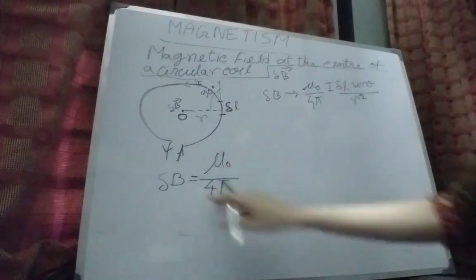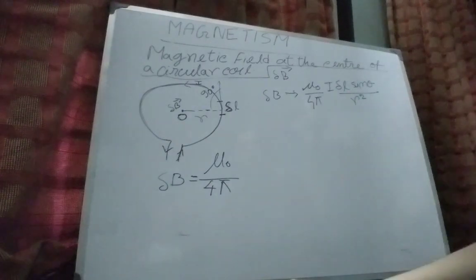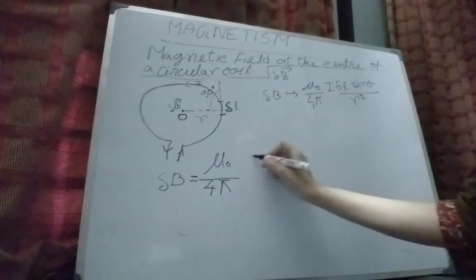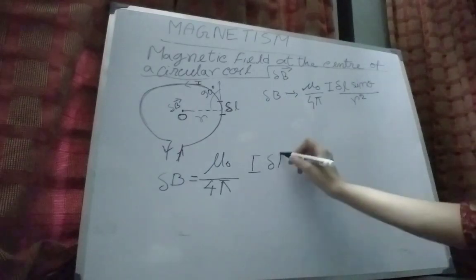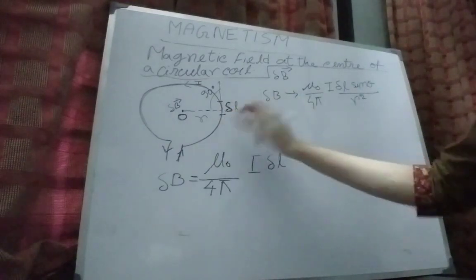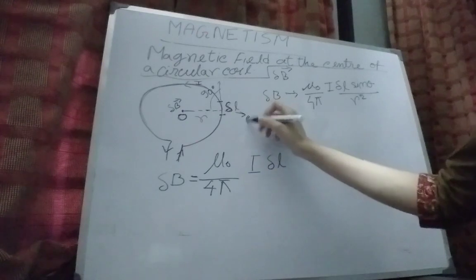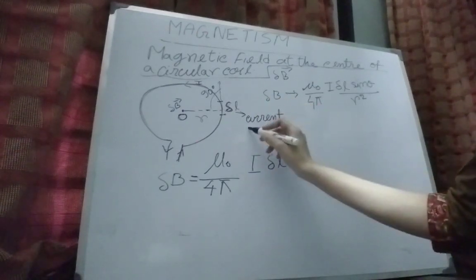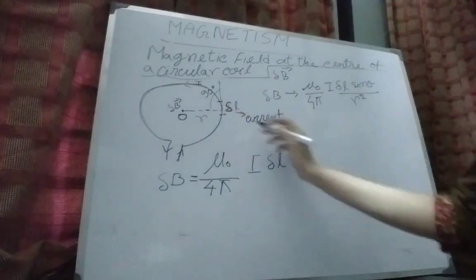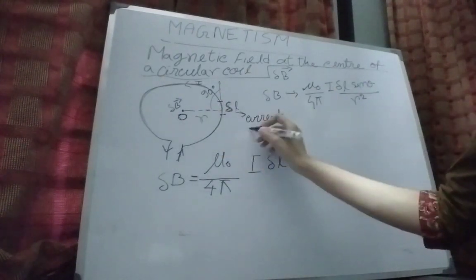So, here this is the constant term mu 0 by 4 pi, the current is I, the length is del L, the elementary current element. Due to the small current carrying element a magnetic field is created at the center,